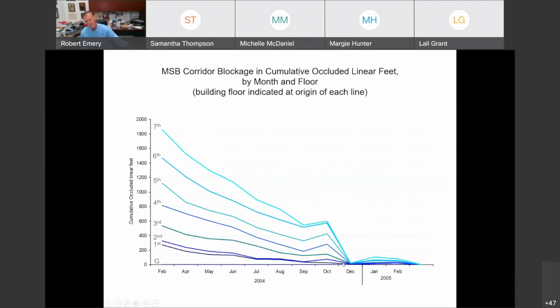But the important point here is that we couldn't have pulled that stunt without having this data to show the dean that we had worked collegially with these folks to drive the numbers down. And now we're down to the vital few, and we have the data to back it up, and then they can drop the hammer and the rest of it went away. And you'll notice there's a rebound there, and we continue monitoring. It's never going to be perfect, but we're doing a lot better than we were doing back then.